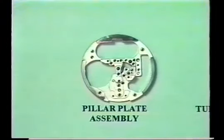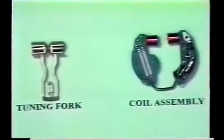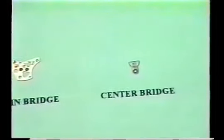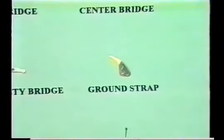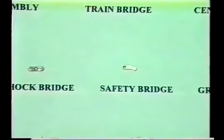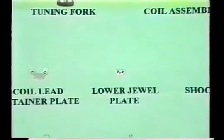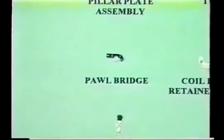Before working on the watch, it would be wise to familiarize yourself with the pictures and names of the parts. A pillar plate assembly, the tuning fork, a coil assembly, a train bridge, the center bridge, the ground strap, the safety bridge, the shock bridge, the lower jewel plate, a coil lead retainer plate, the pawl bridge, the setting